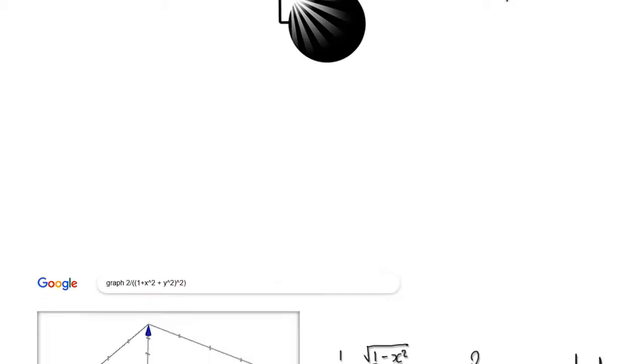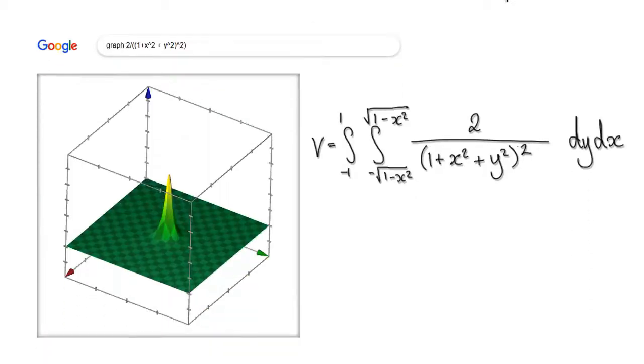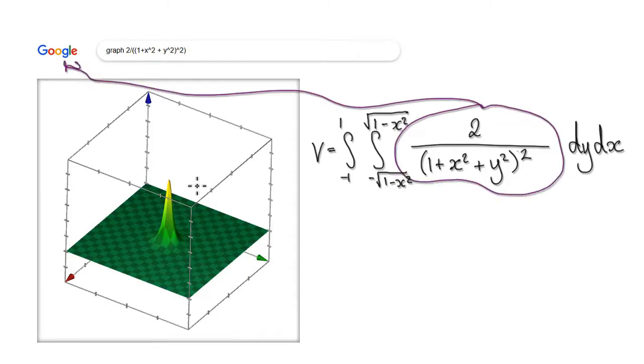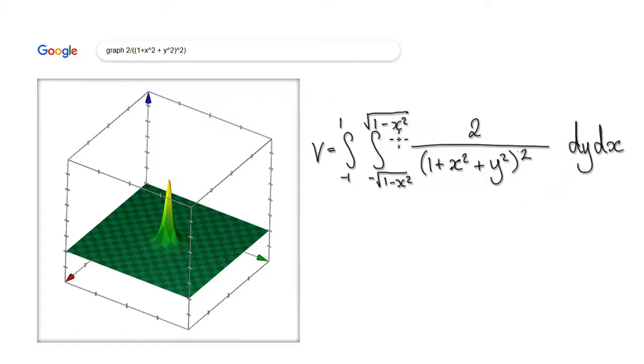In this video we're going to work out the double integral of this surface. So if you punch this into Google, it will give you this surface. So glancing at this, this dy here would imply that this is going to be y equals something, and this would mean x equals something,